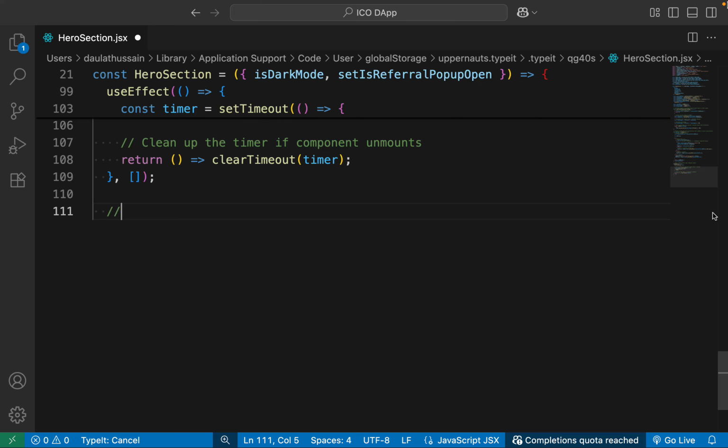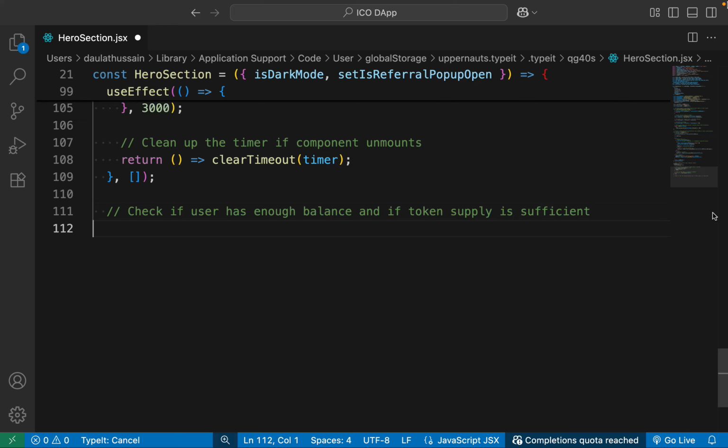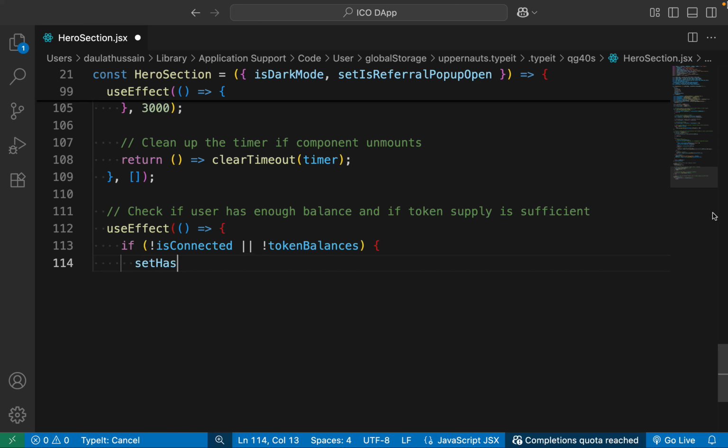Now we can come back here. Let's check if the user has enough balance before we actually purchase the token. Otherwise, we have to throw the error message. So we can take this useEffect. It will take a callback function. We'll say if he's connected or we have the token balance available, then we can take this hasSufficient to